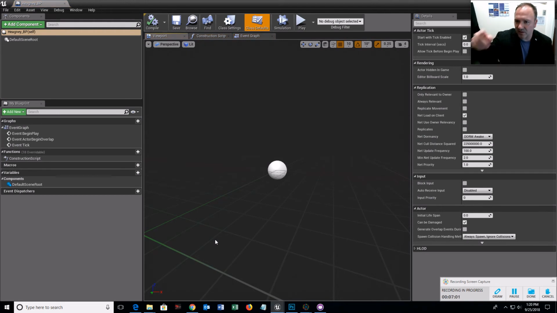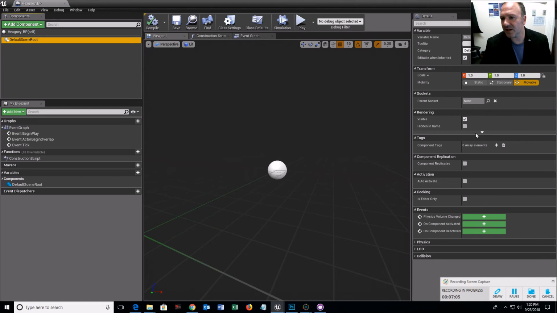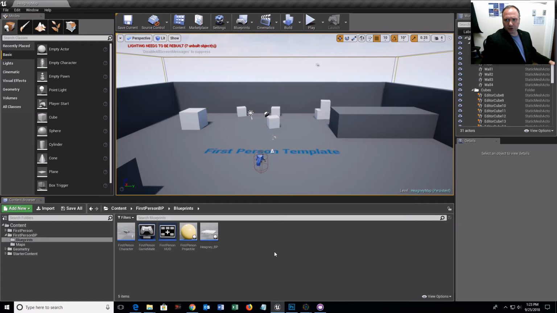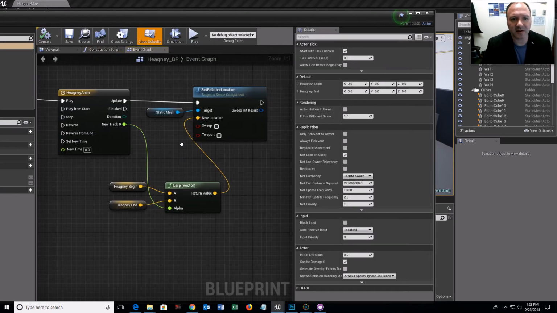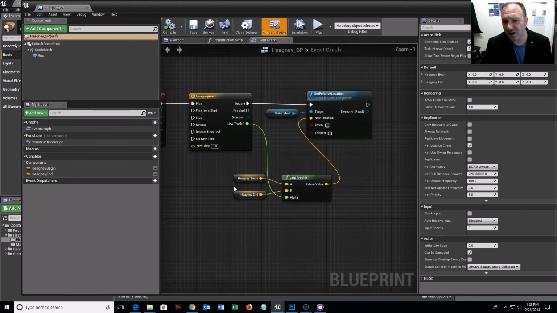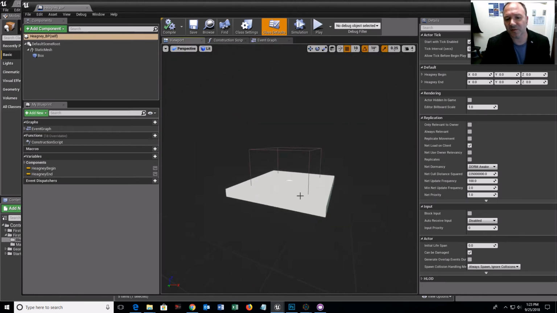So in the videos that I have you watch, I have you make a platform. So let's just pretend we do that. But you know how to do that, so I'm just going to pause it and then unpause it. Hi. So I just created the blueprint. Here's the event graph if you just want to take a look at it and verify it. There's the event graph that makes it go. Here's the viewport. It's a thingy with